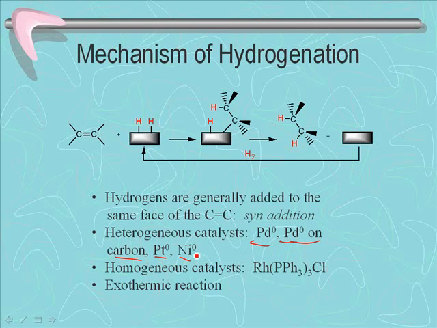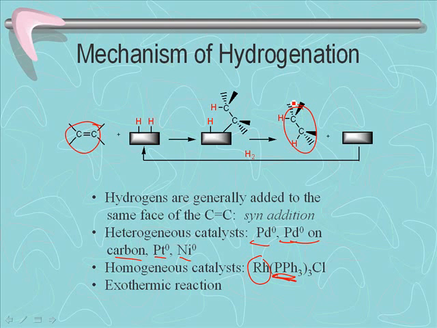There also are some homogeneous catalysts. These are catalysts that are soluble in the reaction medium, derived from metals like rhodium and organic ligands, triphenylphosphine. This reaction is highly exothermic. It's downhill, and yet without the existence of a catalyst being present, the reaction does not occur. Even a sliver of palladium could cause the reaction to occur explosively,